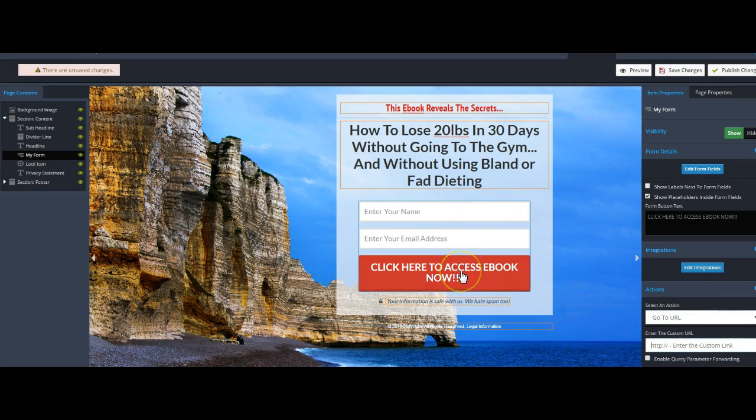So as soon as he or she clicks on this button to access the ebook now, you send them to this custom link where they can actually download it, because you don't want to send them through a series of hoops or through the circus to be able to get your lead magnet. But like I said, it's rapid fire consumption these days. People want it right now. If they can't get it right now, they're probably going to be uninterested. They might not even go to that first email right away and open it up. So you want to make sure that they can get it right away.